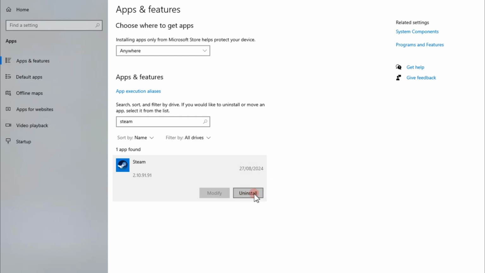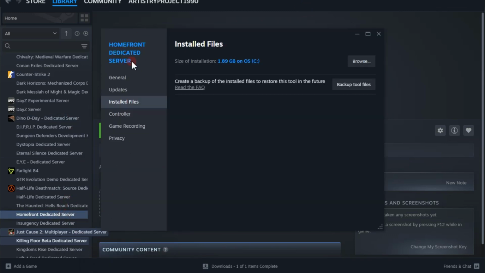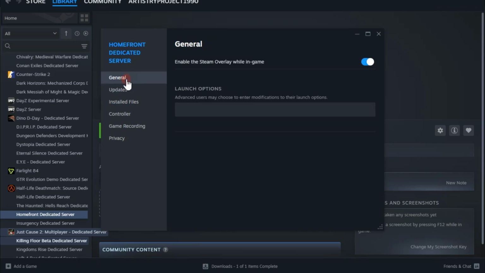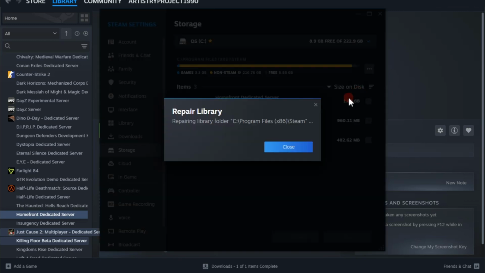The very last thing you should do here is repair Steam library folder. In Steam, go to settings, go to Steam library folders, or look for the repair library folders, and then tap it. And basically, that's how you easily fix Steam error missing file